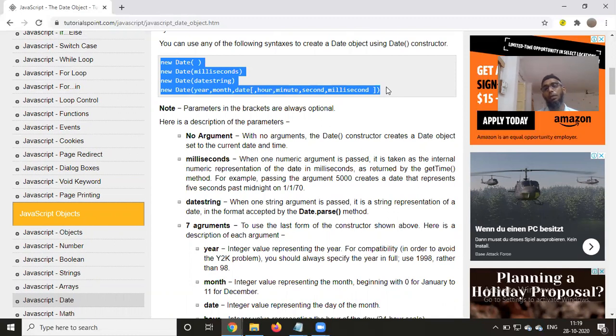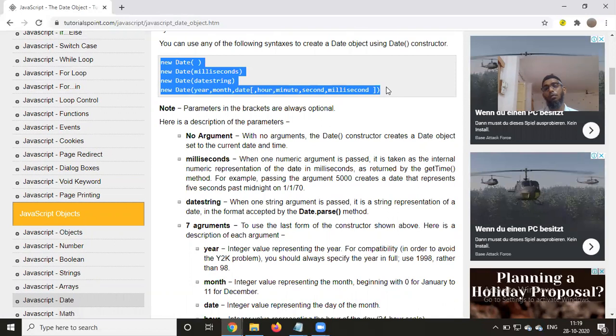For example, if the argument is 5000, it creates a date that represents 5 seconds past midnight of 1/1/1970. That means the date is counted from 1/1/1970, and according to the milliseconds you give, it calculates the date and time.